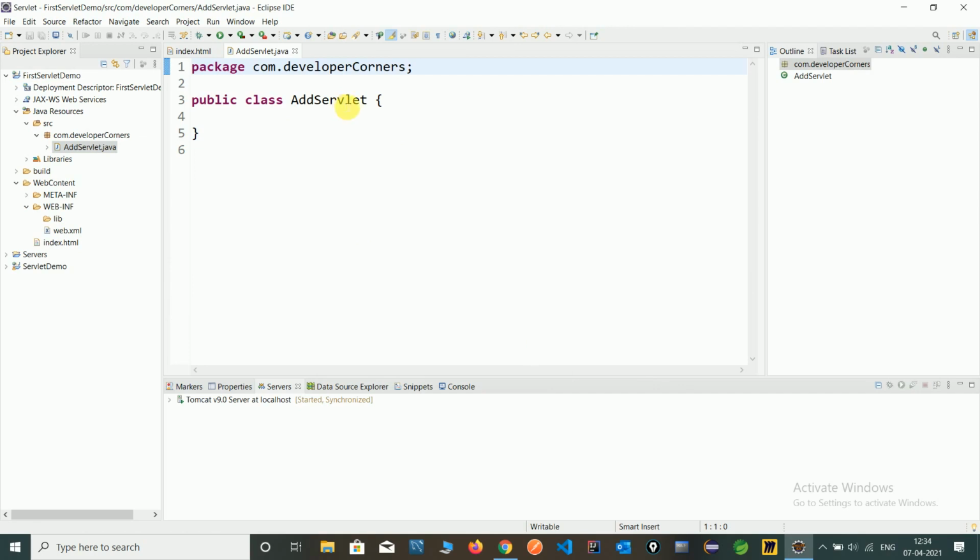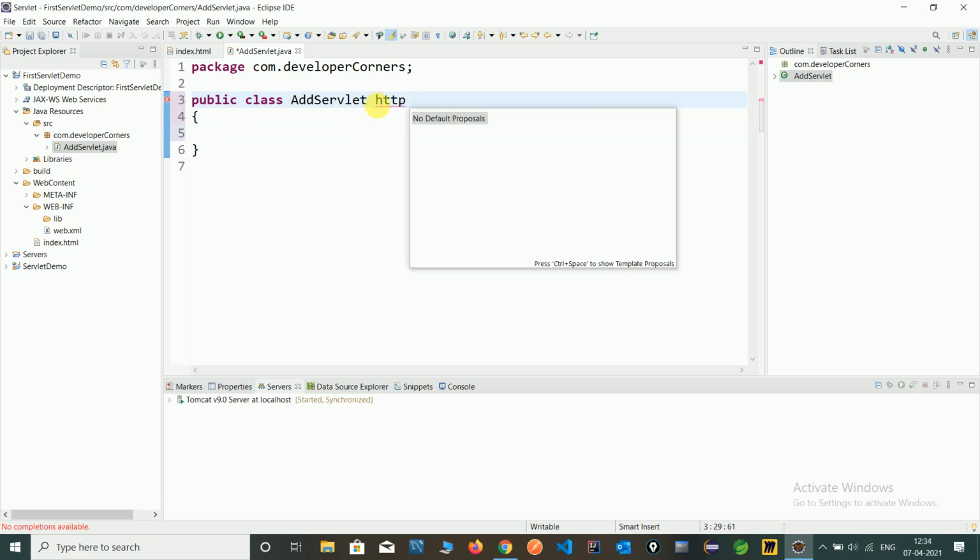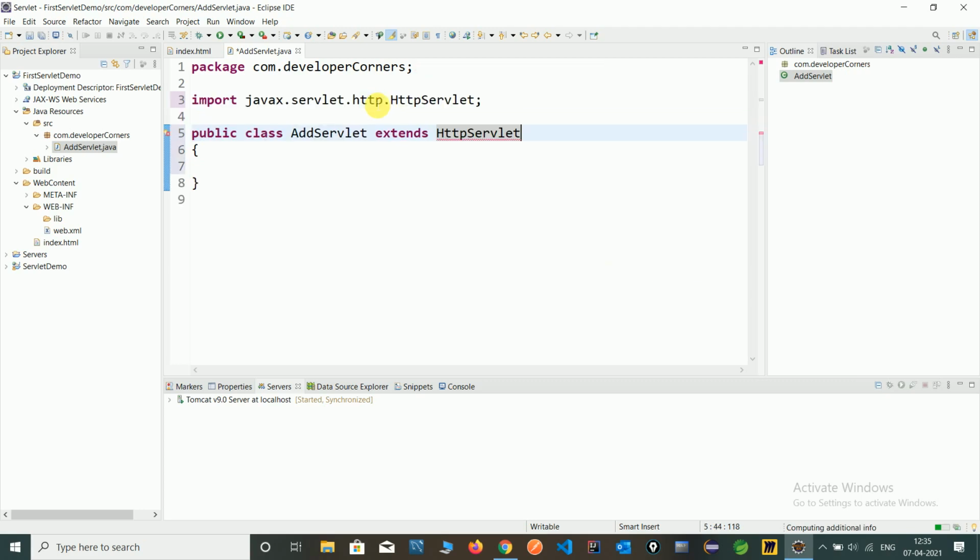So here you can see our simple Java class. For making the servlet, you should extend HttpServlet. Type extends HttpServlet.